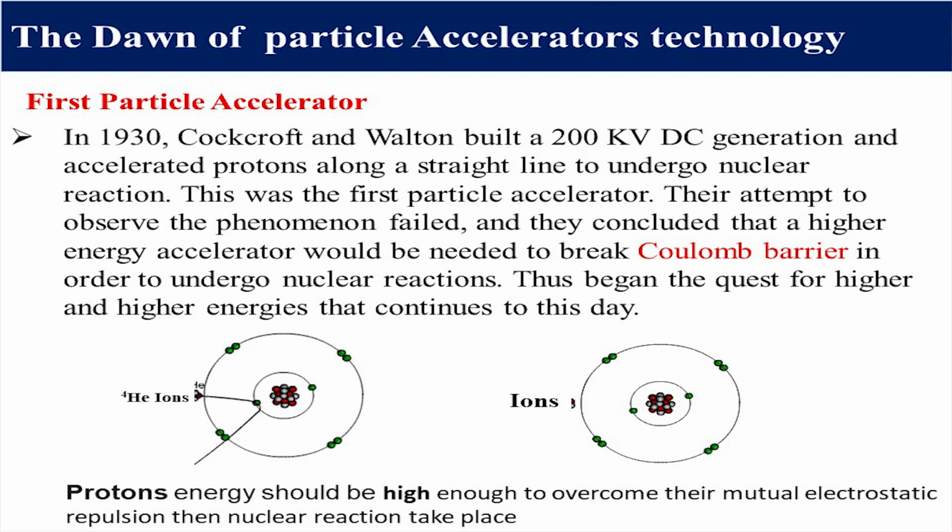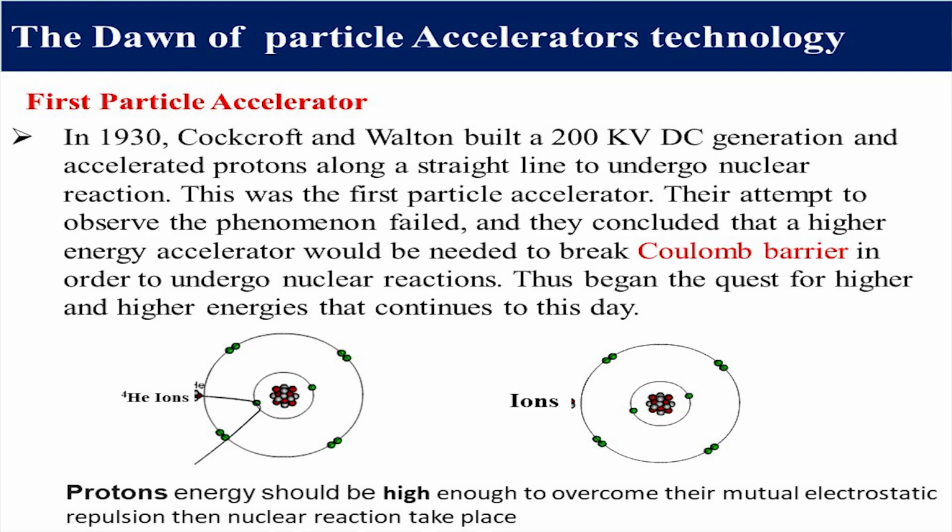You can see here, if we do not have enough energy, the ions can be scattered from the nucleus. Helium ions, you can see here, are backscattered or scattered somewhere. If we have enough energy, nuclear reaction takes place. We need these high energy ions to penetrate into the nucleus. Then we can know about the nuclei of different ions. Light ions almost need low energy and can easily penetrate.